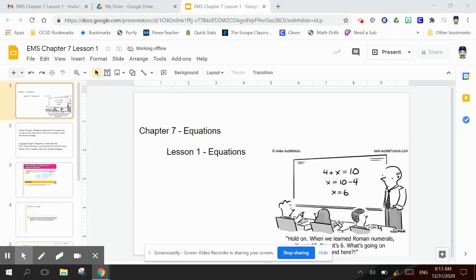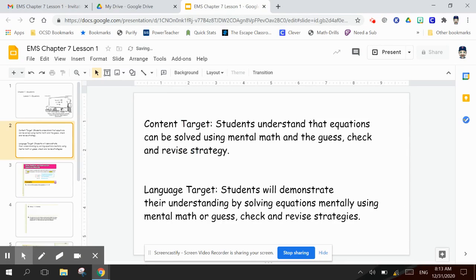Chapter 7, Lesson 1, Equations. Content targets. Students understand that equations can be solved using mental math and the guess, check, and revise strategy. Language targets. Students will demonstrate their understanding by solving equations mentally using mental math or the guess, check, and revise